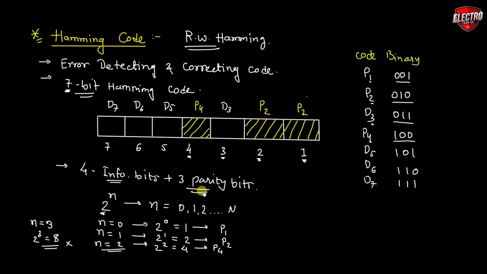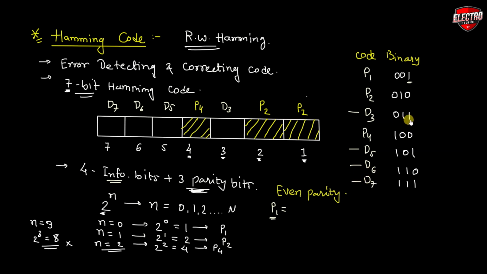Now the value for parity bits. If we want to use even parity, then the binary location for parity bit 1 is equal to 0, 1, 1. In the binary value, we have LSB equal to 1. That means we have to check the binary position of data bits in which LSB is equal to 1.